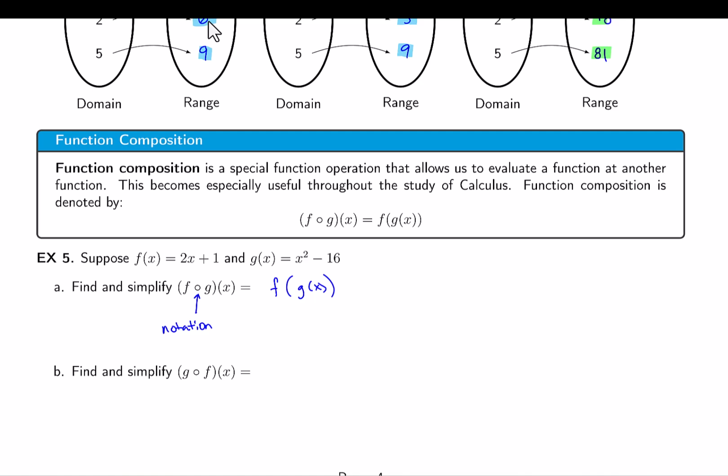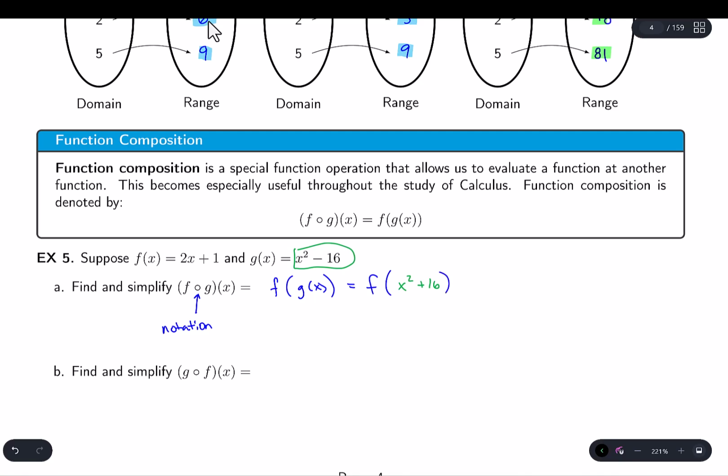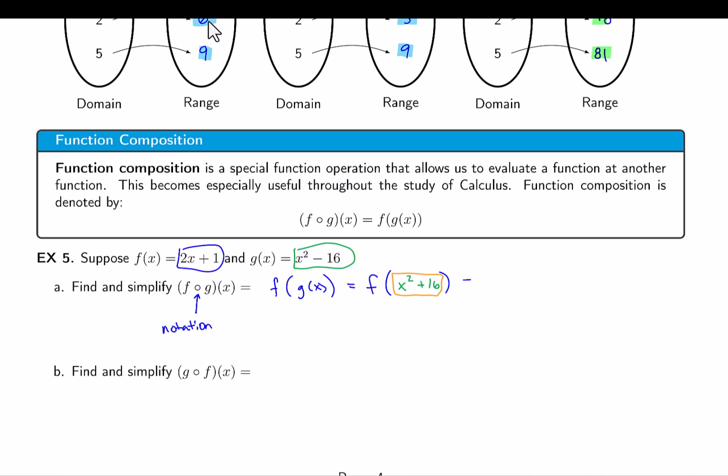All right, so here's the thing. I'll leave f alone for a second. g is the function x squared plus 16. So what I'm doing is I'm evaluating the function f at x squared plus 16. And you can just think of this portion of a function as like a magic box if you want. And you have this mapping. This 2x plus 1 is a mapping, and it tells you to take 2 times whatever's in that magic box